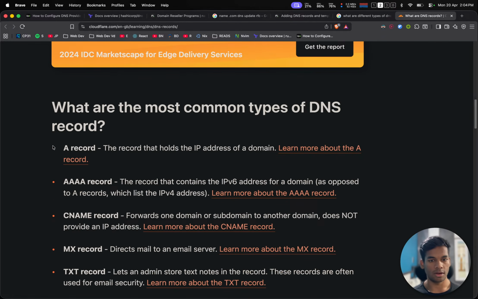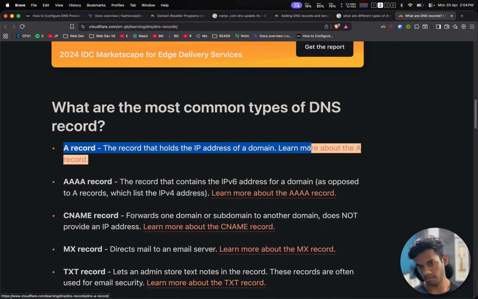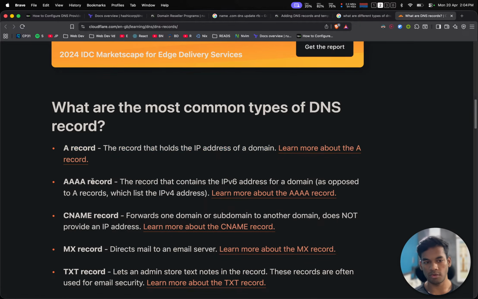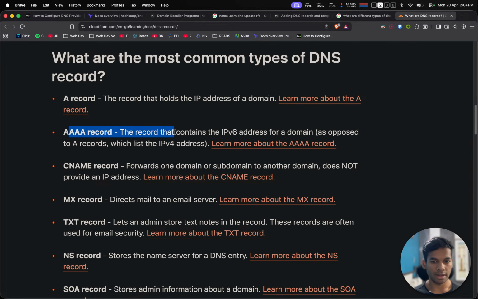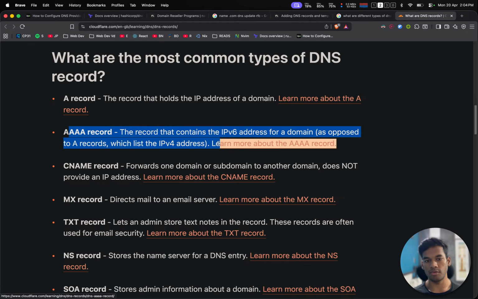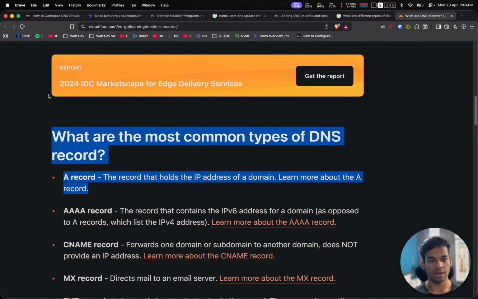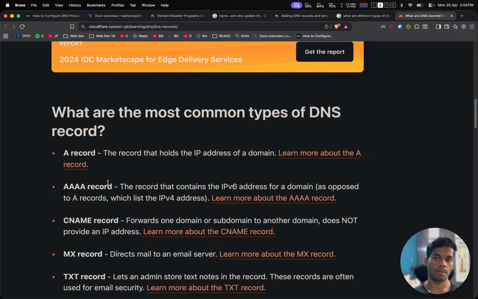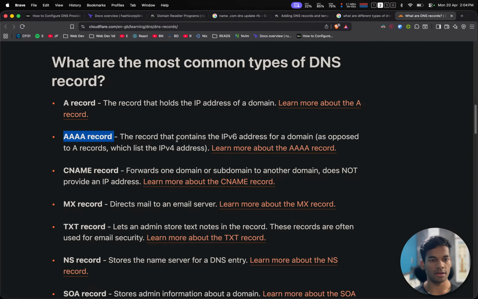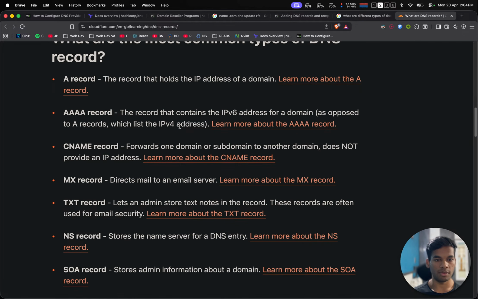A record, the record that holds the IP of a domain. Okay, what is AAAA record? The record that contains the IPv6 address for a domain, as opposed to A records which have IPv4 address. Okay, the distinction between this and this is clear. Here you have your domain name in this record, and the value for that domain name is going to be an IPv4 address, and in this case it is going to be an IPv6